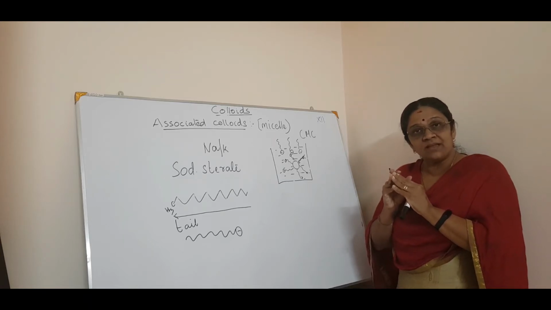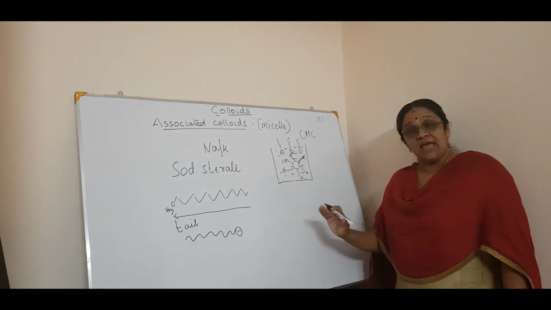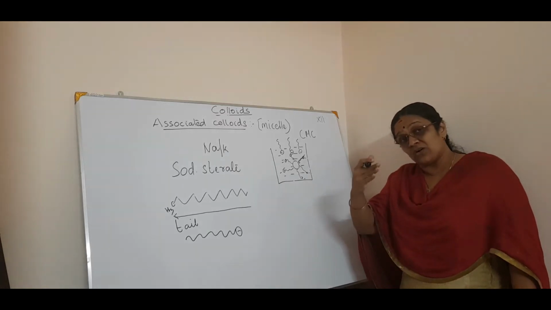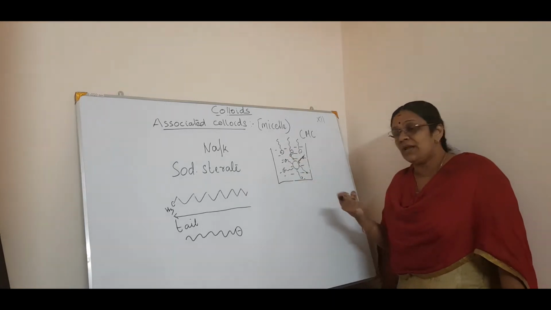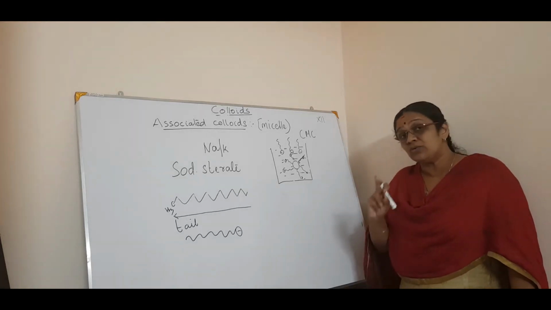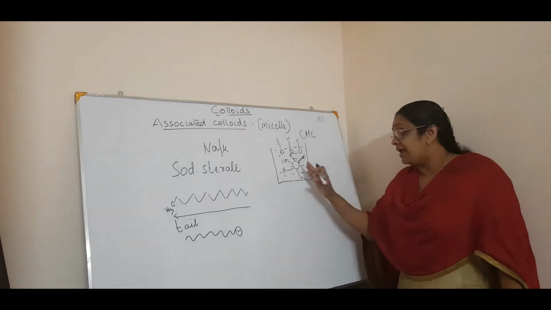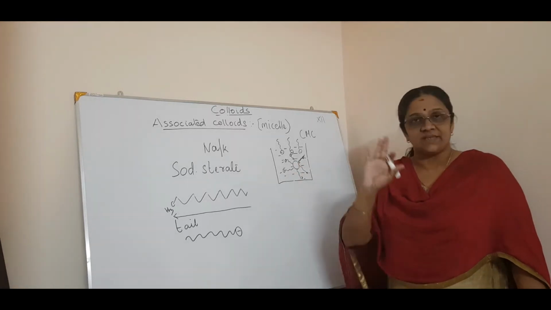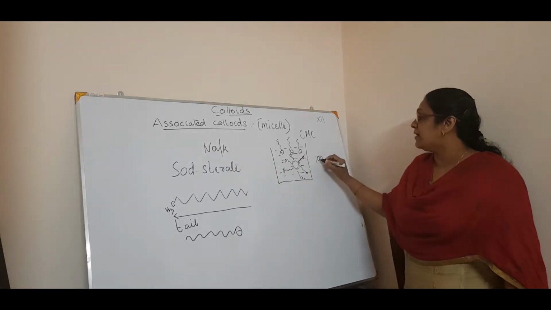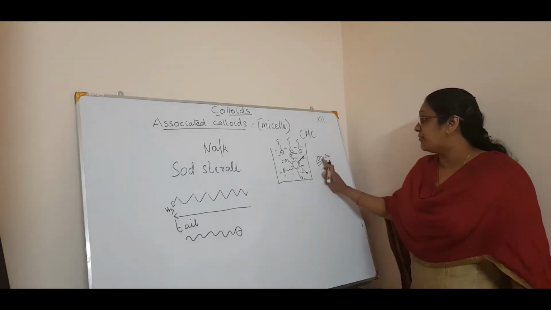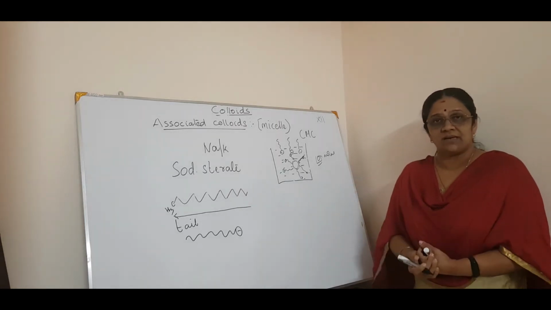You got the mechanism. At low concentration it exists as individual ions, the stearate ion. Once it attains the higher concentration, the CMC, these will pull together in the solution and form a micelle. And how is that formed? The hydrocarbon part is on the inside and the hydrophilic part is outside, so thereby a micelle is formed. Normally a micelle is formed by more than 100 ions, or 100 molecules.